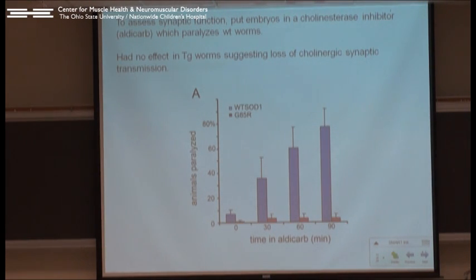And the other thing that they tested, to assess synaptic function, was that they put the embryos in a cholinesterase inhibitor. So even though I told you that their motor neurons in worms are GABAergic, there are cholinergic interneurons that interact with those motor neurons. So in wild type worms, if you put the animal in a cholinesterase inhibitor, you get animals that are paralyzed. But in these mutants, you fail to see that. Okay? So their interpretation of this is that you have decreased cholinergic synaptic transmission, because when you block it, you don't see the effect. So it's already down in the animals. So again, trying to relate this neuronal pathology with